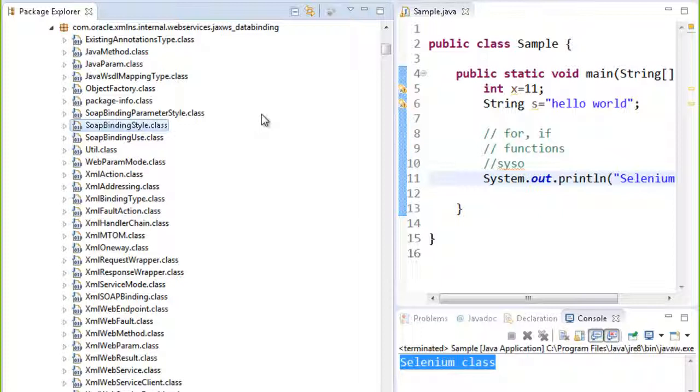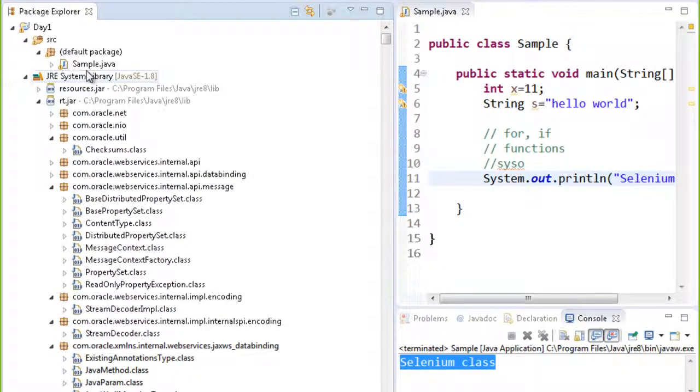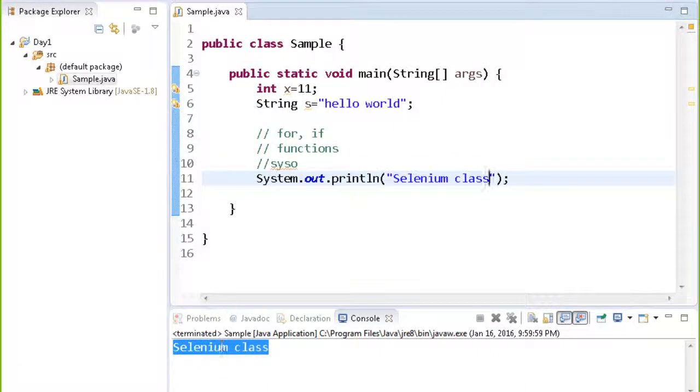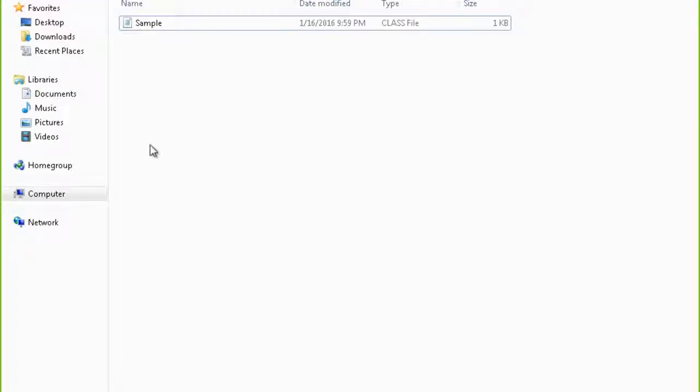Every Java file gets converted to a class file, and a jar file holds many class files together. For example, when this sample.java is executed, the sample.class file is generated.